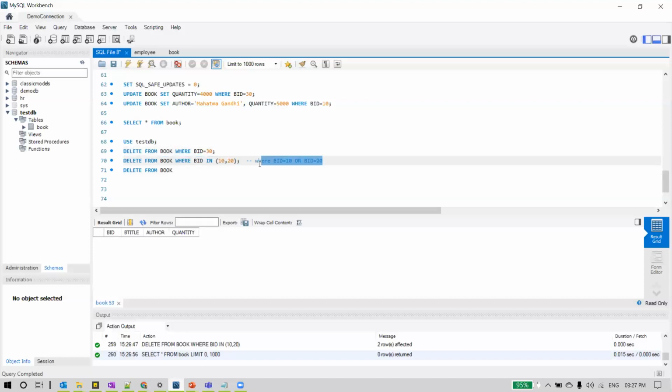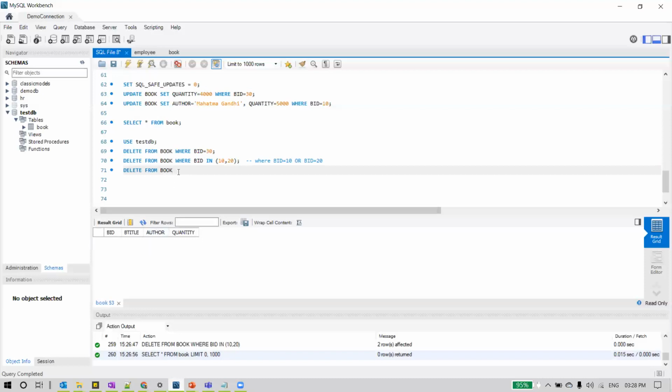But in the last session we learned that if we have many values, say 10 values, you always need to repeat this condition, this column name, each time. So instead of that, this is a shortcut for it. You can directly use the IN keyword and specify the list of values here, which is very similar to using the logical OR, matching any of these values. So this is how we can delete more than one row from a table.